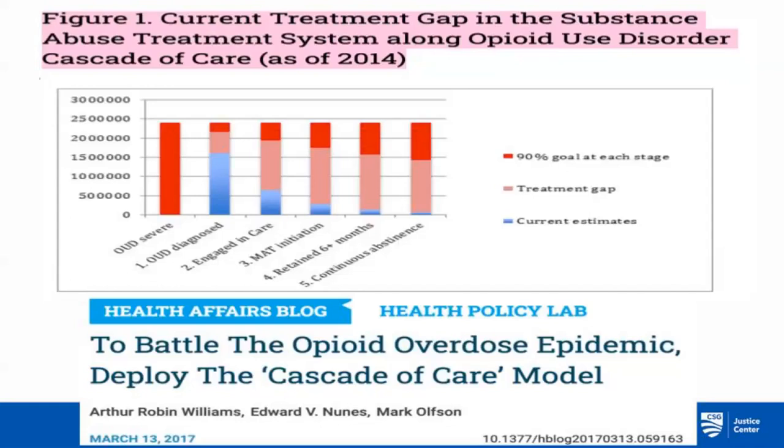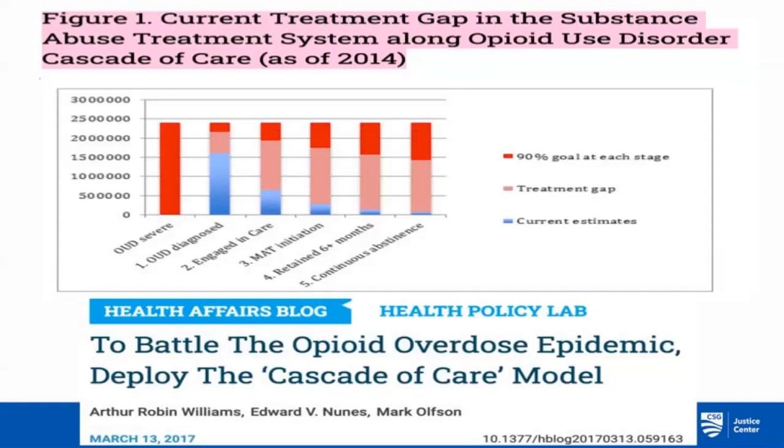And so they created what's called an opioid cascade model, a modification of the HIV Cascade model. I would suggest to you that in the literature there's a number of different variations, and you should feel free to think about your own system and what those variations might look like. But they basically set the goal of looking at the estimates of access to care in different phases, and then what the treatment gaps are.